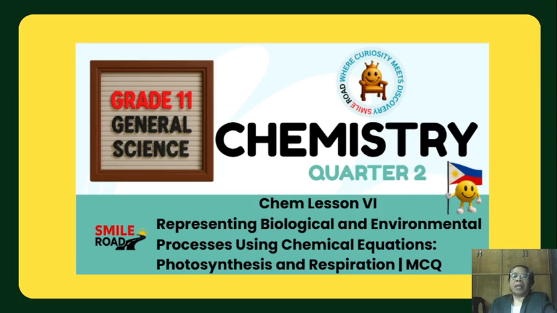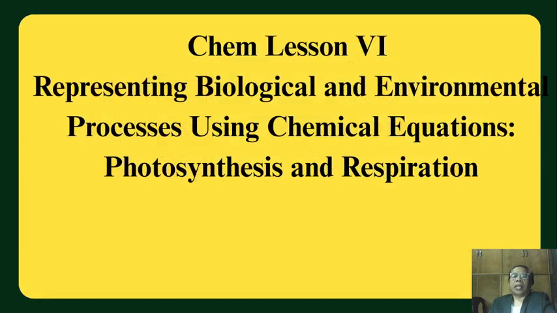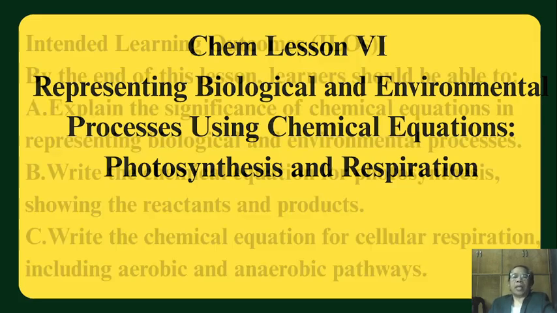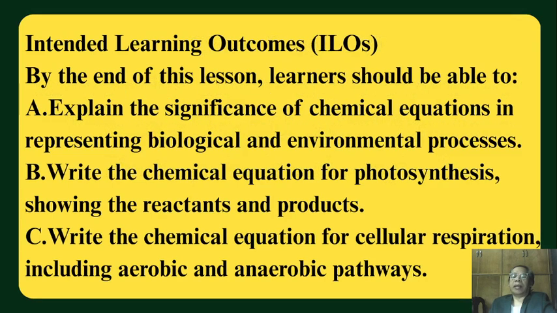We are now dealing with grade 11 general science, quarter 2 chemistry. And we are dealing with chemistry lesson Roman numeral number 6, representing biological and environmental processes using chemical equations, photosynthesis, and respiration. Intended learning outcomes. By the end of this lesson, the learner should be able to: